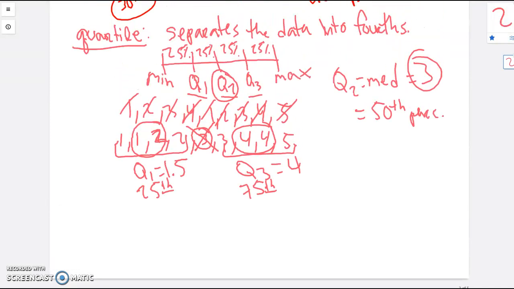You'll see why this is useful, but right before I finish up, this is basically how you find the quartiles. Now, if you had a larger data set, it would be really annoying to put it all in order. So what I'm going to do is